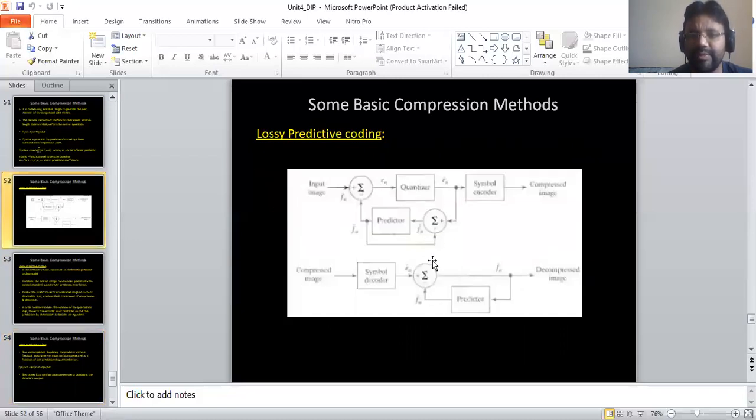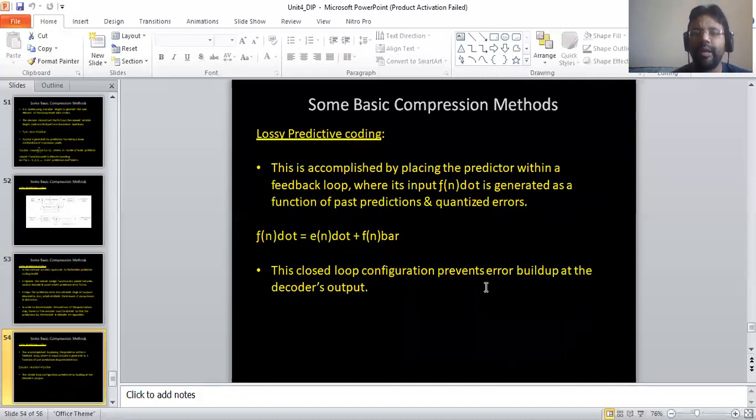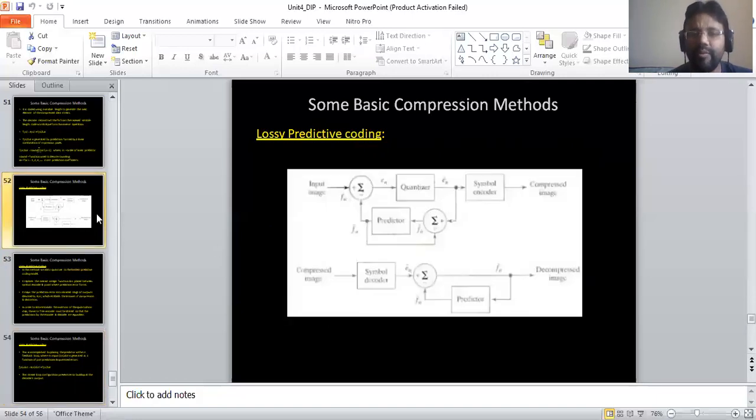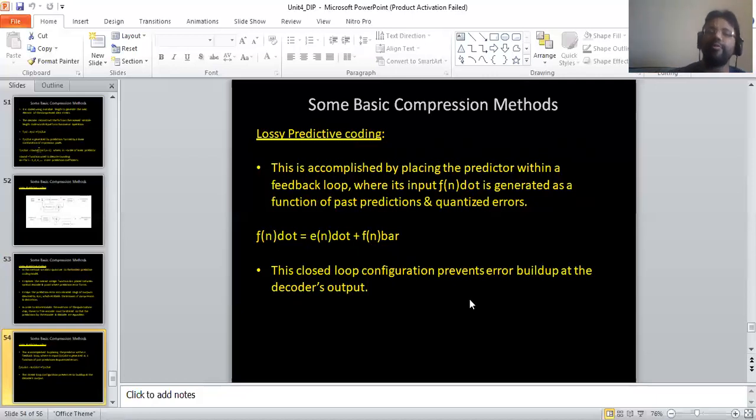There are two positives, e n dot plus f n bar, which comes from here and passes through this predictor. This closed loop configuration prevents error buildup at the decoder's output.